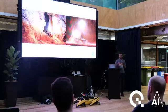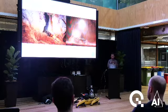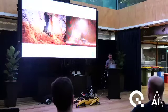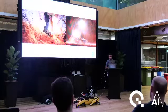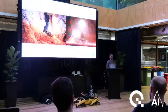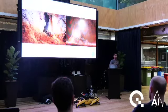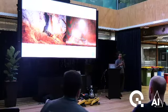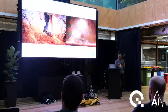So the whole point of that challenge was to send teams of robots into these unknown environments and essentially do a scavenger hunt for various artifacts that they place in the environment. And these artifacts, you'll see a little bit more in the next slide. So these artifacts were representative of things that you'd find or would want to find in the aftermath of either a natural disaster, industrial accident,